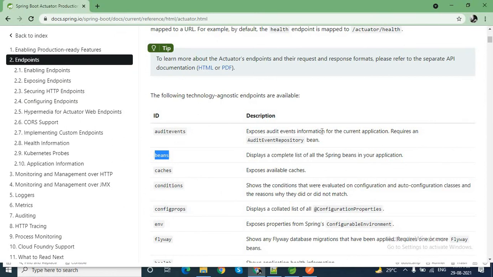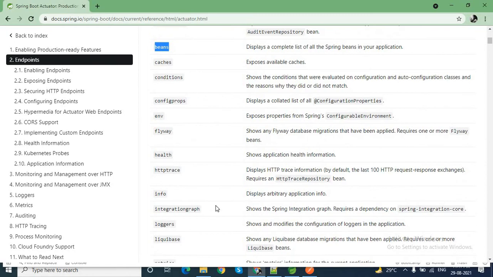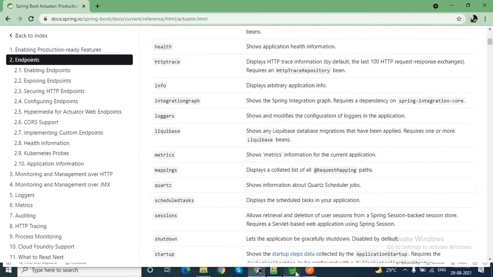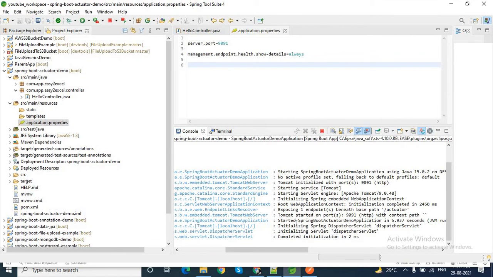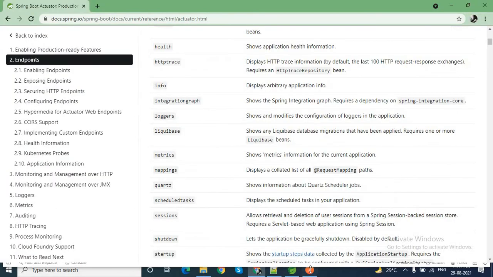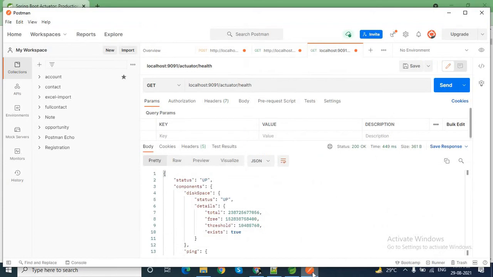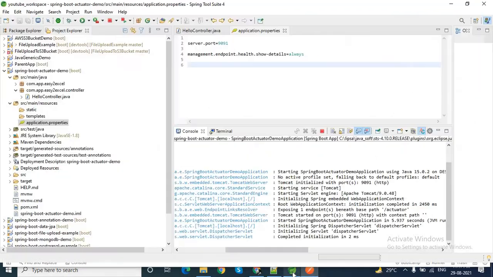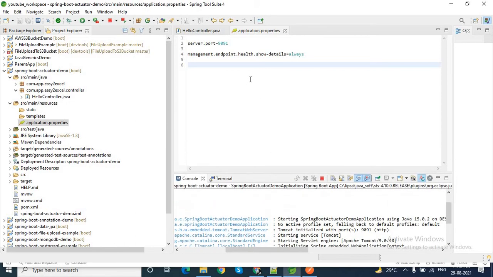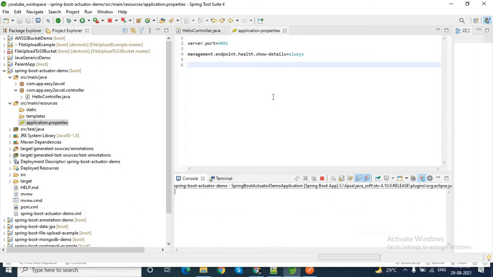Okay. So if I go to my actuator documentation, you can see there are so many predefined endpoints. But by default, we can see only health is exposed beneath base path actuator. So if we want to expose all the endpoints, actually in Spring Boot 1.x all the endpoints are exposed. But after 2.x, they are exposing only a few endpoints, and if you want to expose others, then we need to add some extra properties inside our properties file. So what is the property for exposing all the endpoints? Let me show you that one.